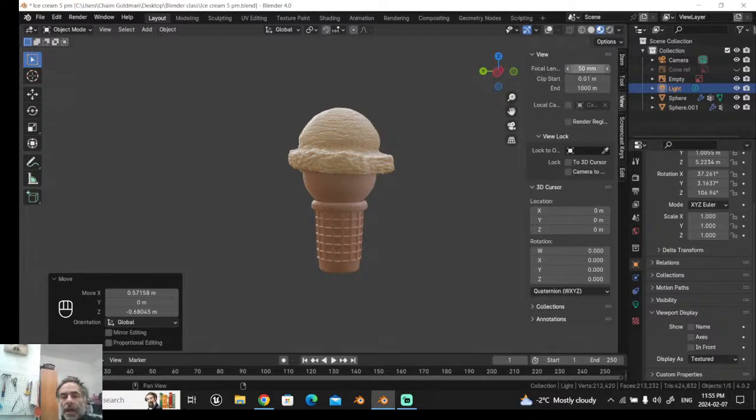I have at the very top the focal length of the camera. It's an imaginary camera, a digital camera. And this is the lens of the camera, as if it's a real camera. Now, a 50 millimeter lens is kind of a medium lens. It's not wide angle and it's not long. If I go to a smaller number,